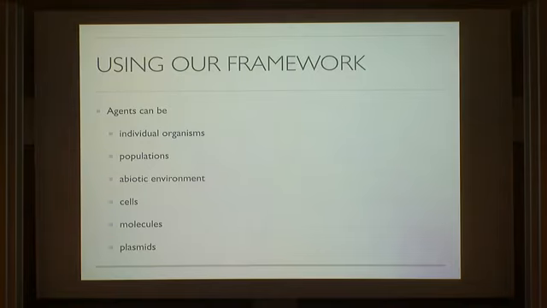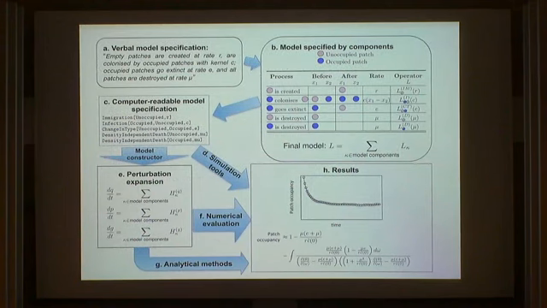This can be applied to agents, and all kinds of things. This is just a description of the pipeline, to say how you go about doing things. You start by saying, here is, in words, what my model does. So for the metapopulation model, empty patches are created at a rate R, colonized by occupied patches with kernel C, occupied patches go extinct at rate E, and all patches are destroyed at rate U. Turn those into these reaction and catalyst product